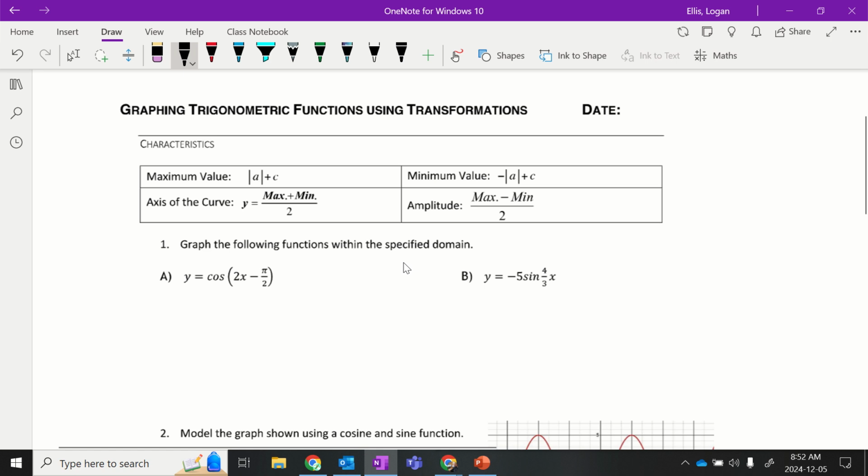All right, like I said, this will be a quick one. We're talking transformations, and basically these are things that we kind of know already, so I won't go into too much depth here, but when you're talking about the max or the min value, just so you can